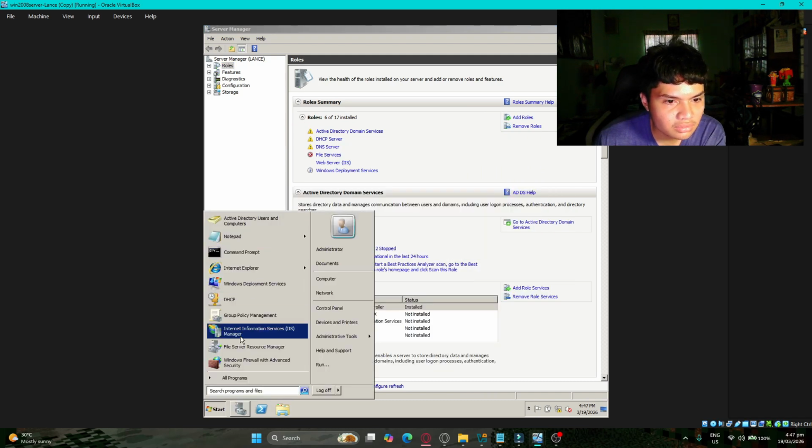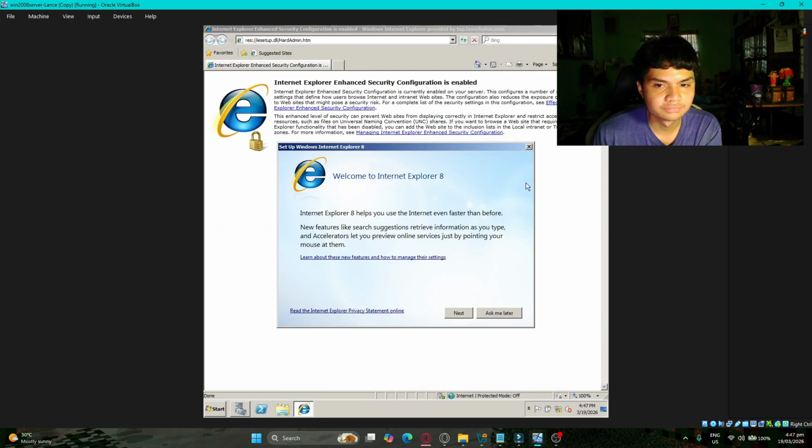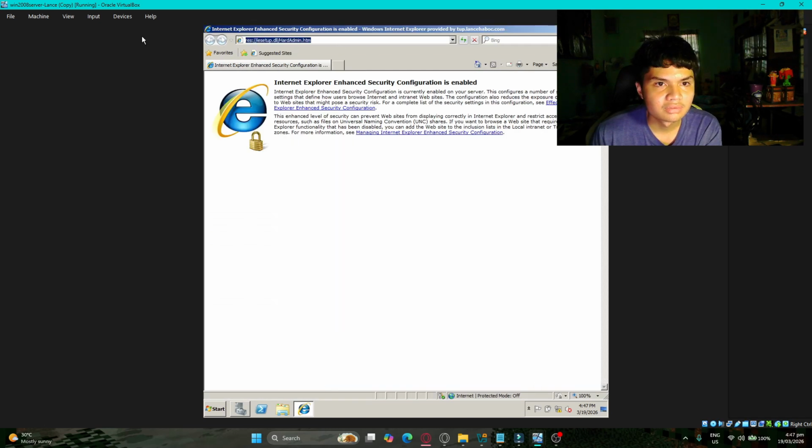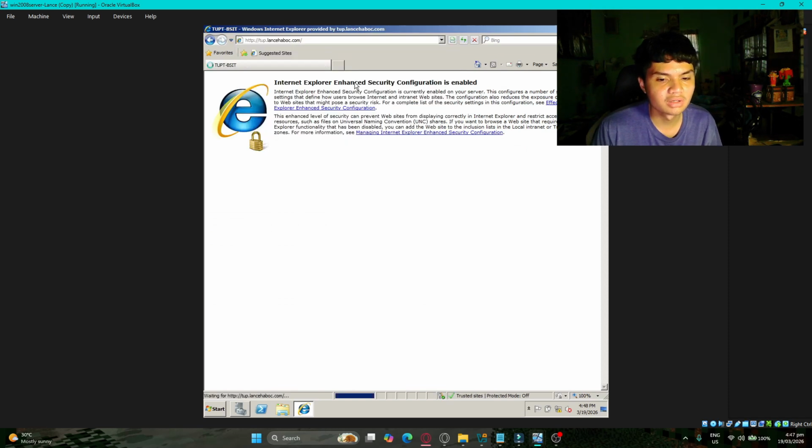Anyways, you need to go to Internet Explorer, and after doing that, it should put tupt.landsat.com. Then it should show your website rather than inputting your IP.